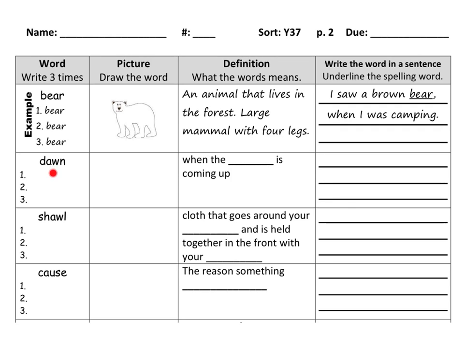Let's read the first word. Dawn. Hear the sound "ah" in dawn? Dawn means when the sun is coming up. So dawn is in the morning when the sun is coming up. So if you know what a sunrise is, that is dawn. That time of day we call dawn. So sometimes my mom makes me get up before dawn. So before the sun comes up, you're awake.